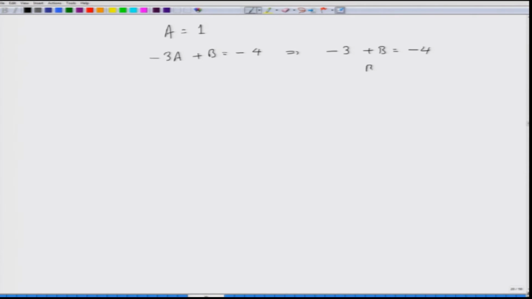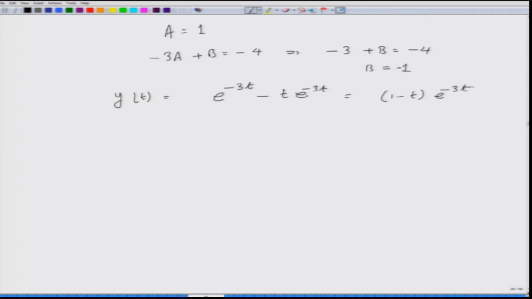or b equals minus 1, and therefore, the motion y(t) is going to be given as e raised to minus 3t minus t e raised to minus 3t,